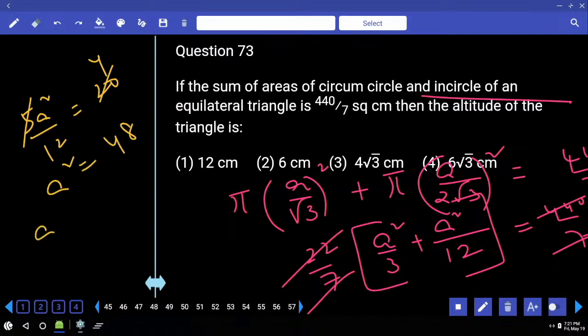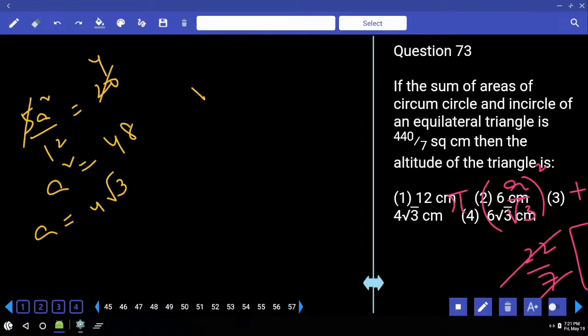a square equal to 48, a is equal to 4 root 3. If a is 4 root 3, height is,